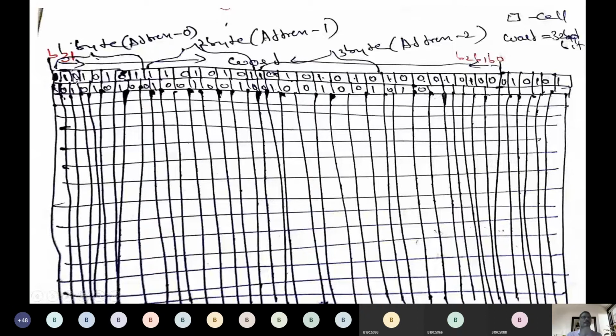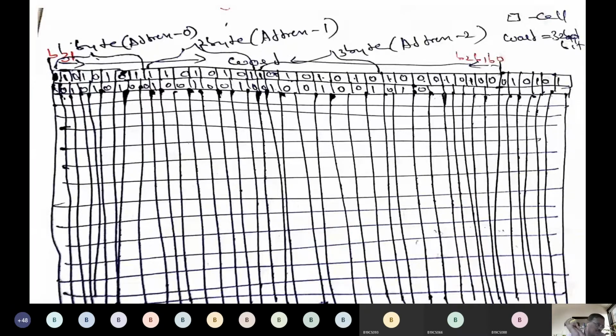Can anybody say, when I store a signed number in this 32 bit, which bit out of B0, B1, B2, B3 until B31 is used to represent the sign, plus or minus?